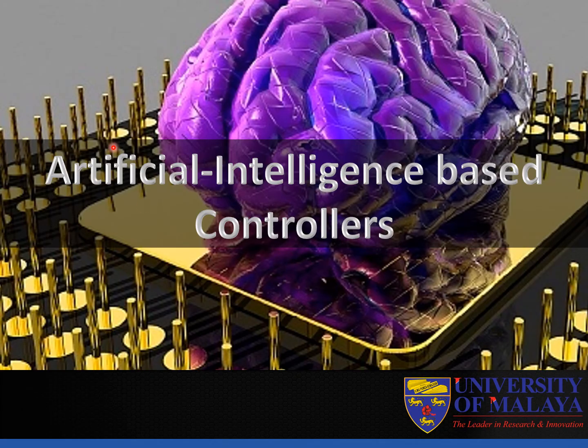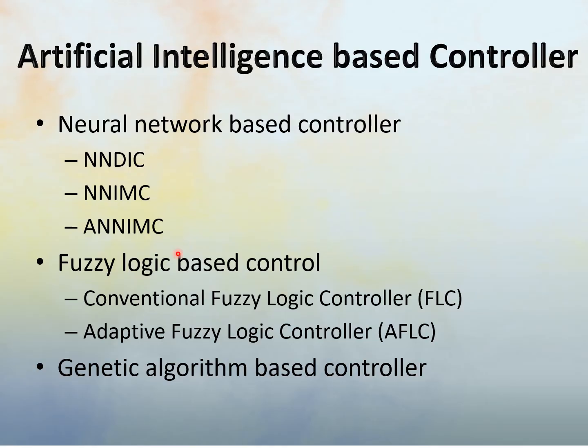The other one is the AI-based controllers, which are the latest types of controllers designed and used little by little. Basically, we have the neural network based controller, we have the neural network direct inverse, we have the neural network inverse model, we have the adaptive neural network inverse model controller types. On the fuzzy logic, you have the conventional or the adaptive fuzzy logic types, or the genetic algorithm based controller,